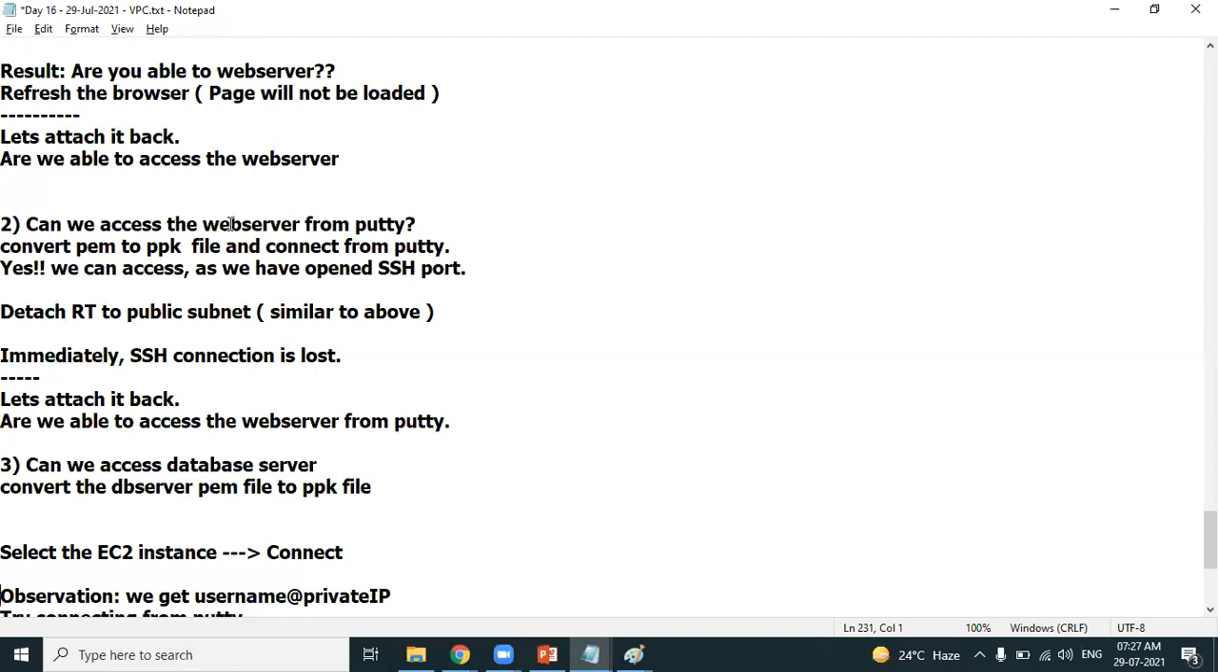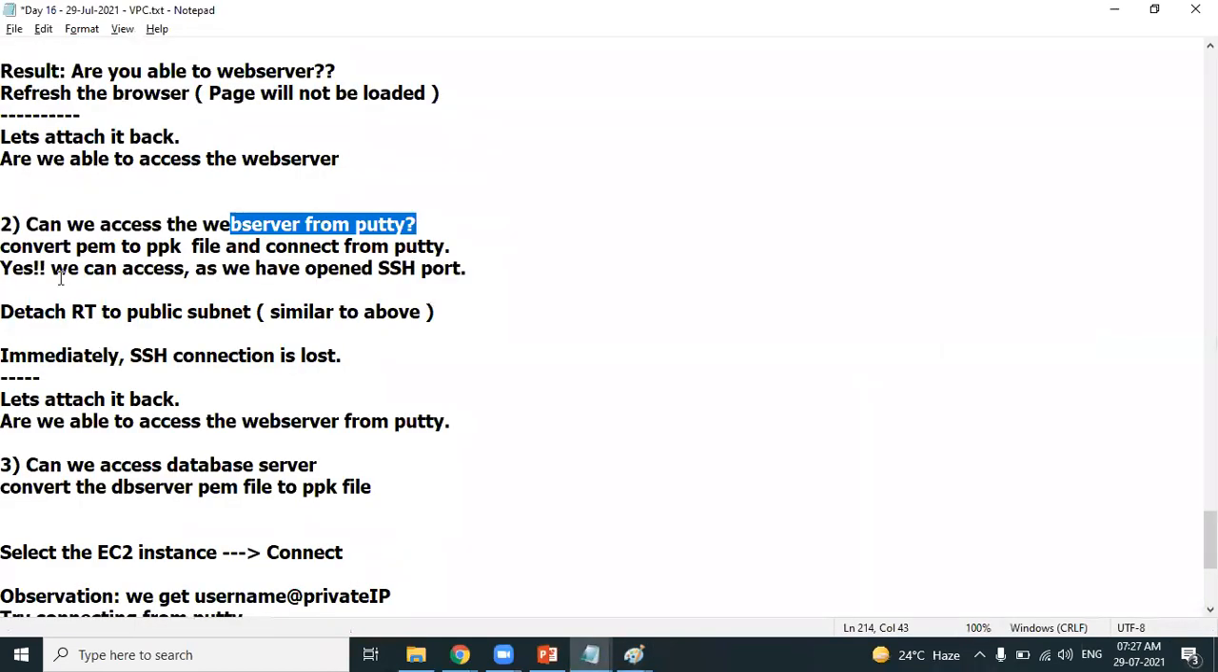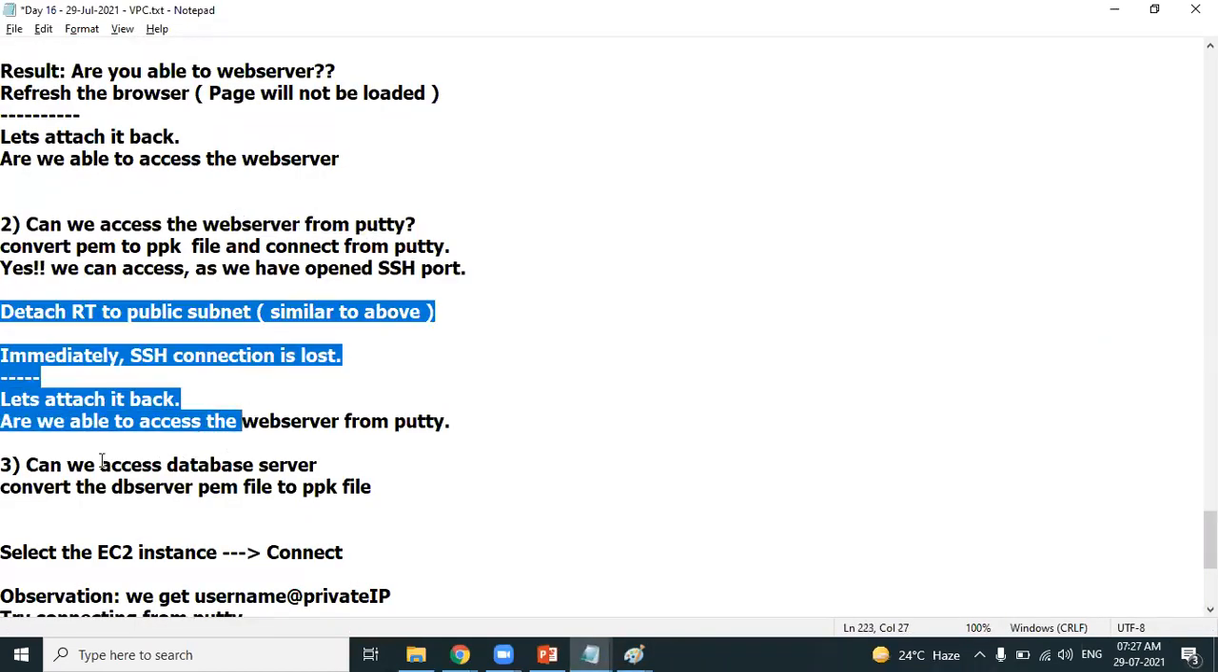Can we access a web server using PuTTY? We also opened the SSH port. You can open it using PuTTY. I don't need to show that. Convert the PEM file to a PPK file, and you can connect with PuTTY. That's fine. Okay. Can we access the DB server